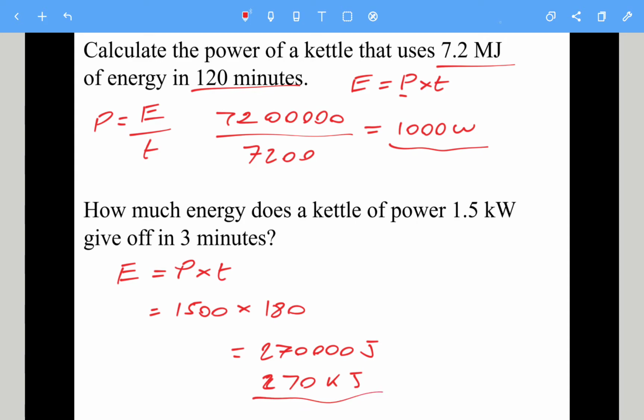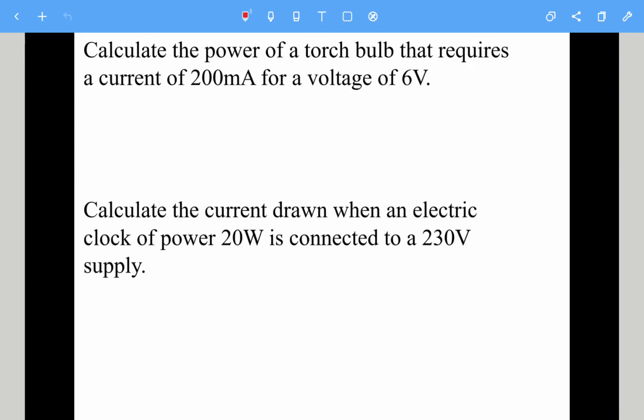Right, let's do some more. So if you want to pause and have a go at this one. Calculate the power of a torch bulb that requires a current of 200 milliamps for a voltage of 6 volts. So that'll be P equals I times V. So the current is 200 milliamps. Remember, we need to divide it by 1,000. So we need 200 divided by 1,000, which is 0.2 amps. So we've got 0.2 amps times 6 volts, which gives us a power of